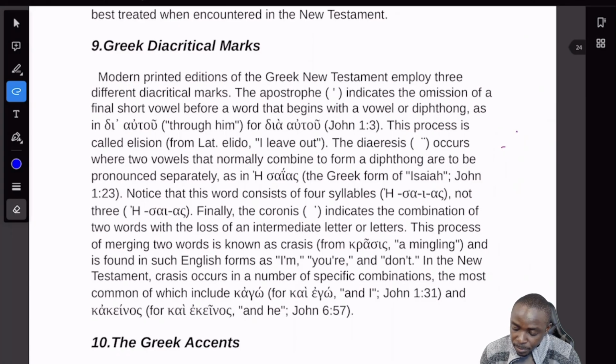So notice that in this case, the apostrophe is inserted. Why? Because the alpha drops out. This process is called elision, from the Latin elido, I leave out. Then you have the